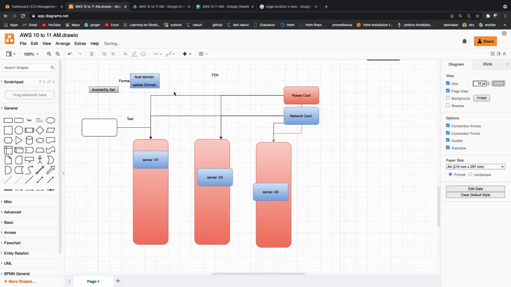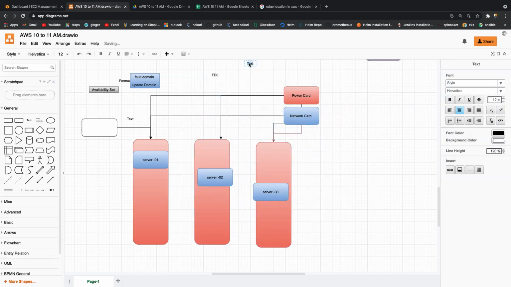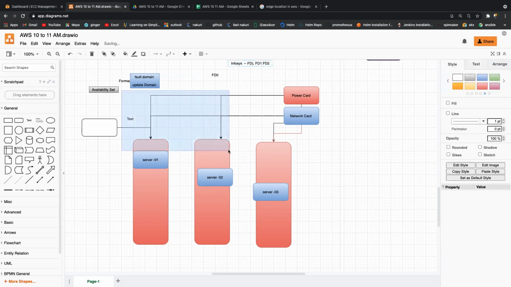And the same, as a stakeholder, I can go and ask Infosys how many racks they can consume. 3. FD0, FD1, FD2. More than FD2 you can't. So I can consume the same setup, like 3.